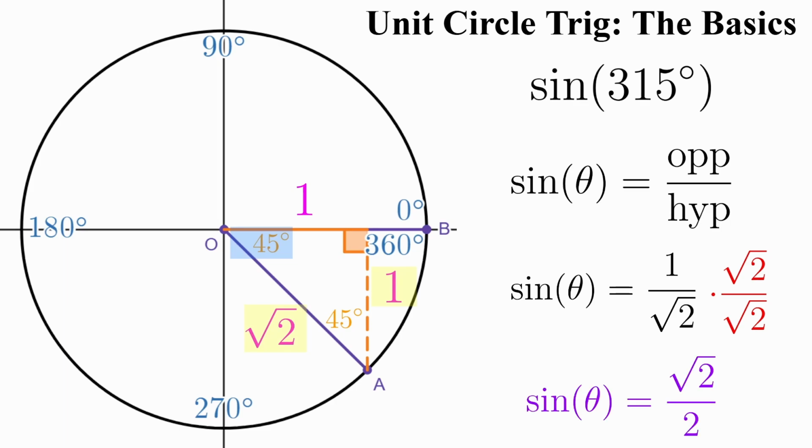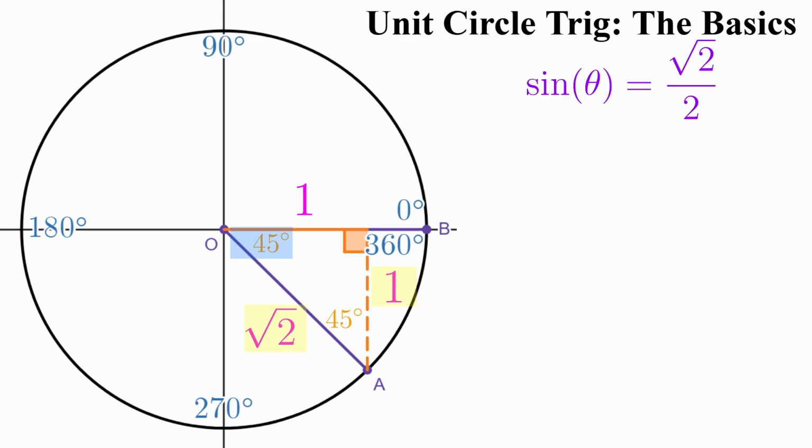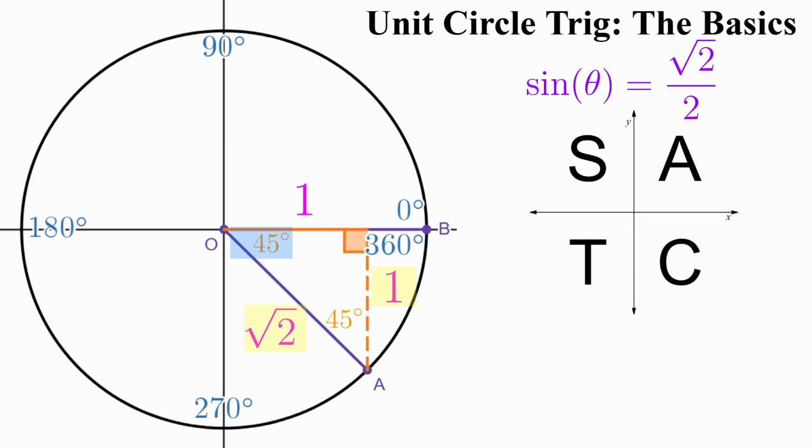But once again, I have to check ASTC to see if the answer is positive or negative. So let's do that now. So I'll pull that up. Looks like we are in quadrant 4, and we want sine, but we're in the cosine quadrant. So that means it's negative. So the answer is negative root 2 over 2,